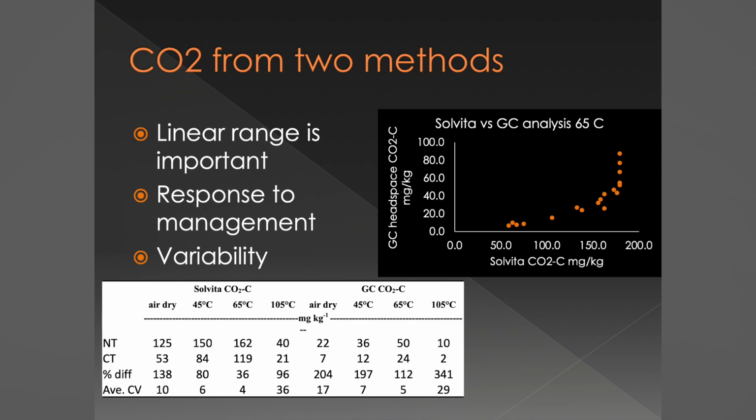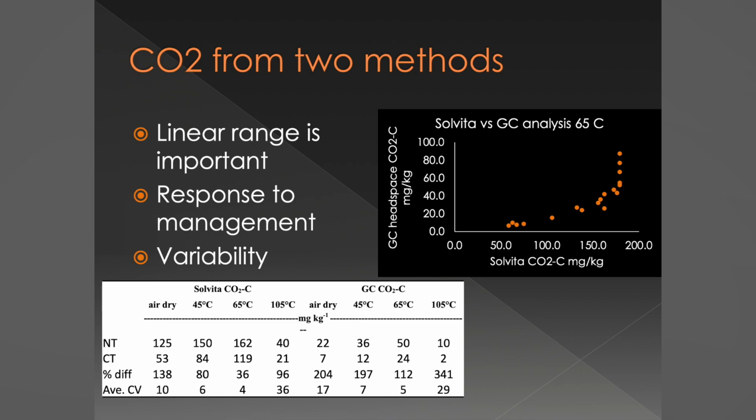As we proceed, we're going to get a lot of changes in the outcome of these methods if the people putting them forward don't pay attention to the absolute change in values they get. And this is just an example. So this is Selvita, and this is the gas chromatograph-based headspace analysis that we use. You can see his numbers are about 3 times higher than ours, and then they all increase with increasing drying temperature from air dried to 45 degrees C to 65 degrees C, and then they